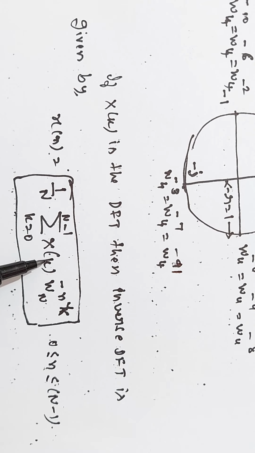X of k, where k can have values 0, 1, 2, 3, and so on up to N minus 1, times W_N to the power of minus nk. Here, how many sequence values can n have? K is an N-point index, therefore you can have N samples or N sequences. Therefore, small n is also given by 0 less than or equal to n less than or equal to N minus 1. Using this, you can solve any point DFT equation.